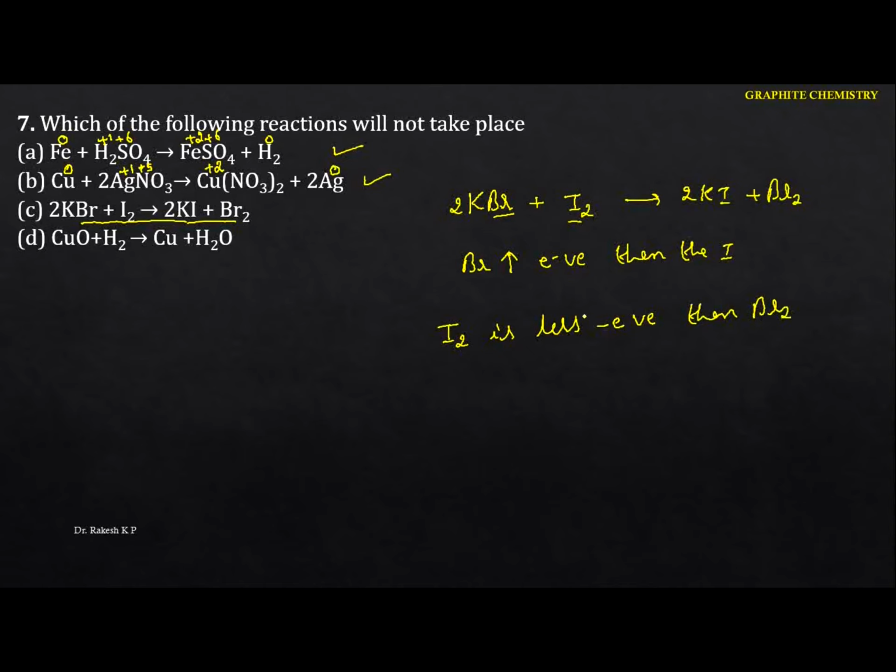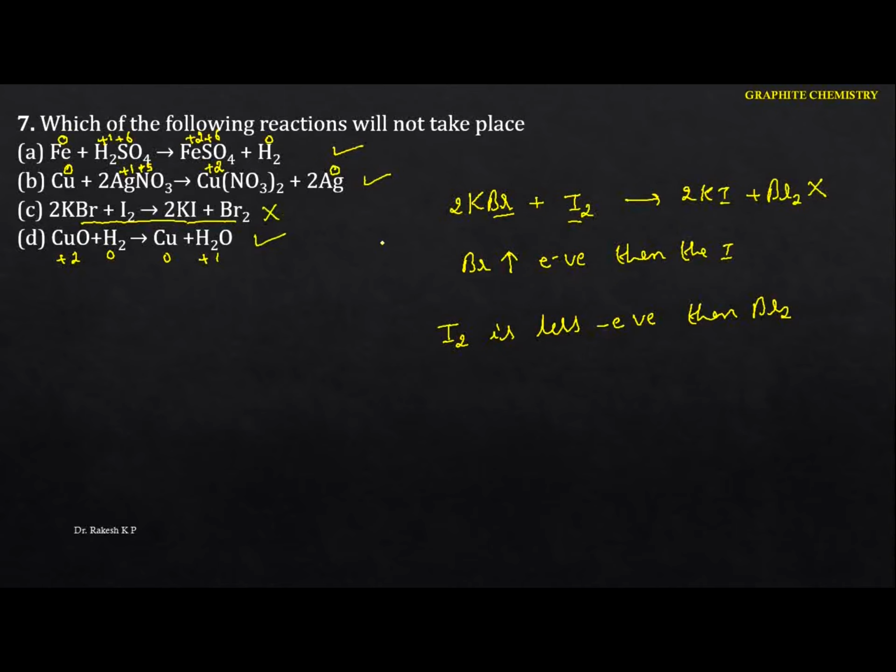Okay, so that means if you want to oxidize the halide ion, the molecule of the particular halogen should be more electronegative than this one. Hence this reaction is not possible. But come to this one, here we can identify the plus 2 and this will be the 0, and here is a 0, here we are going to get the plus 1. So this is also possible, but not this one.